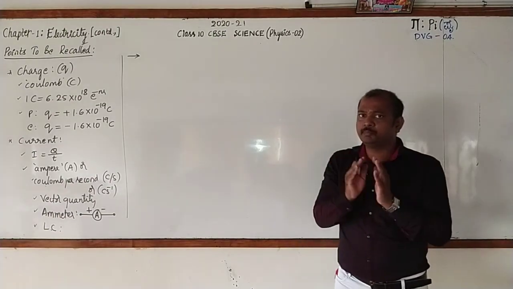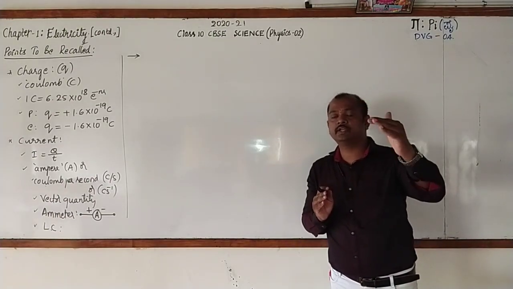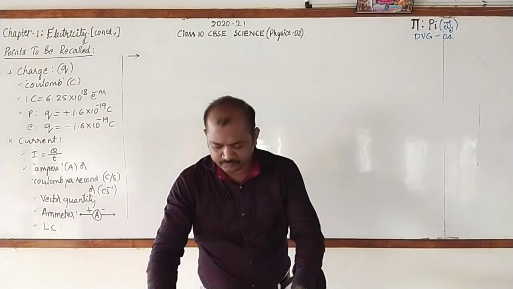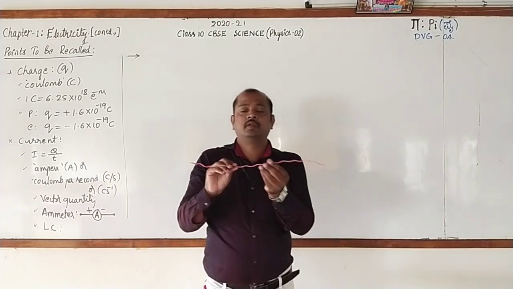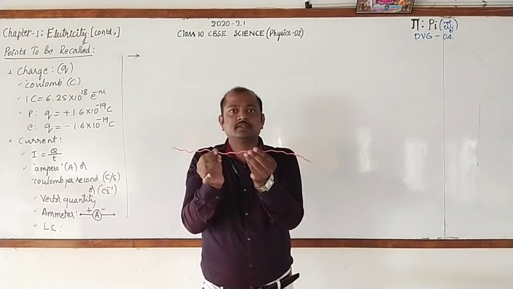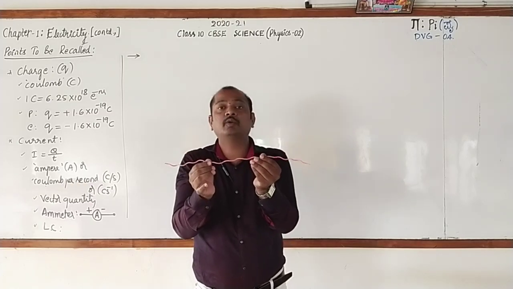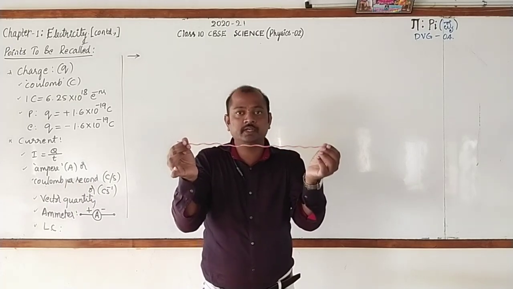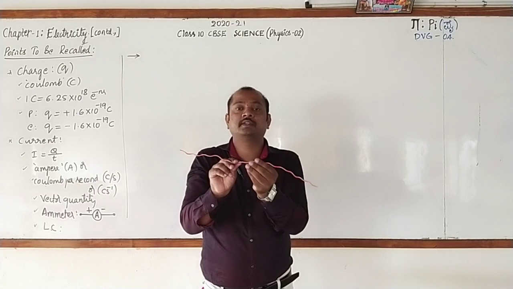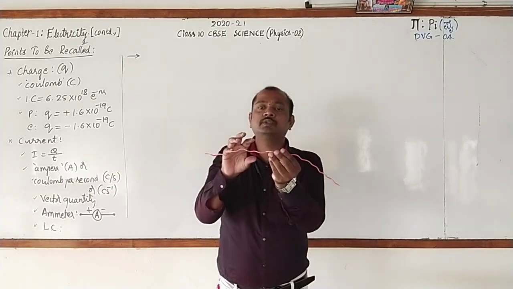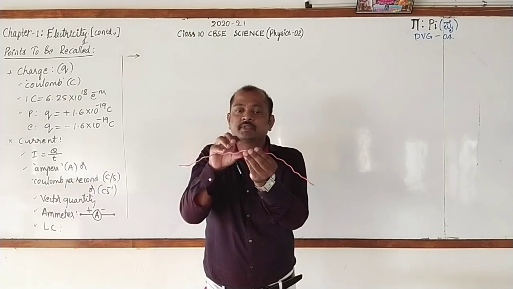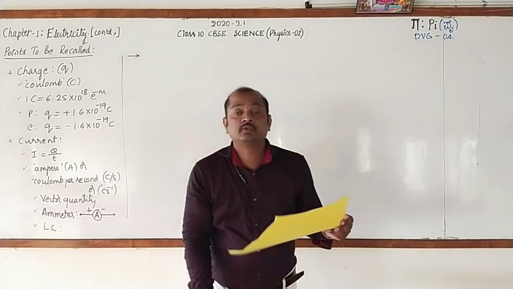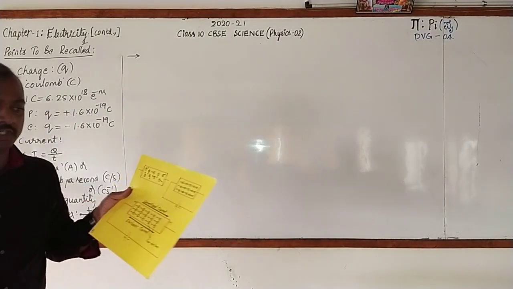Now, so these are the three important terms: conductors, insulators and semiconductors. If I take a wire, will charged particles be present in this? Of course, they will be there. How do you say that? Because it is a conductor. A copper wire is there and it is insulated. In this, charged particles are there. Do you know how the charged particles will be present in this conductor when it is not connected to the terminals of a battery? Let me show you that with a chart.